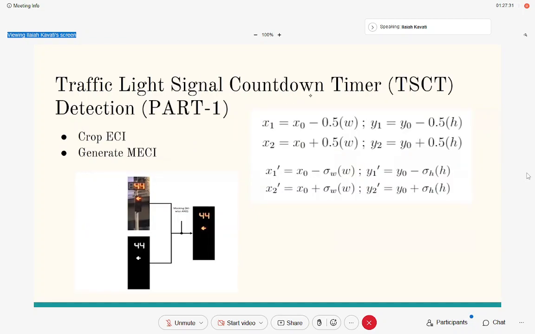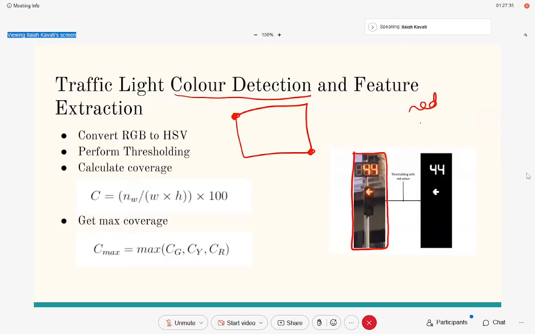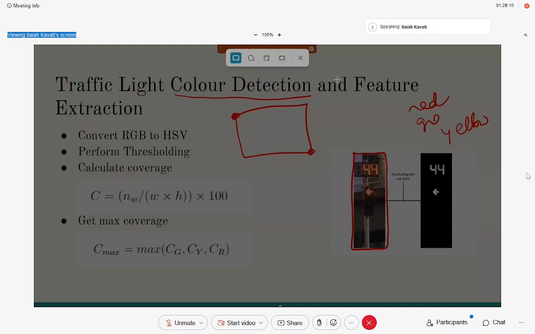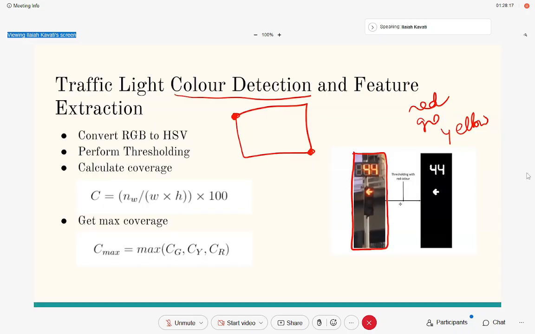The color may be red, green, or yellow. So after extracting the traffic light, we need to identify its color, right? For that, what we'll do